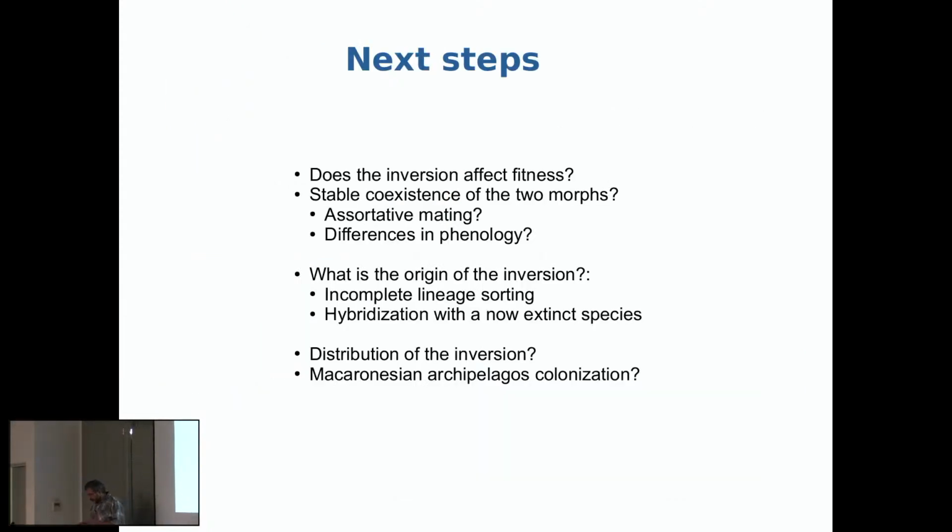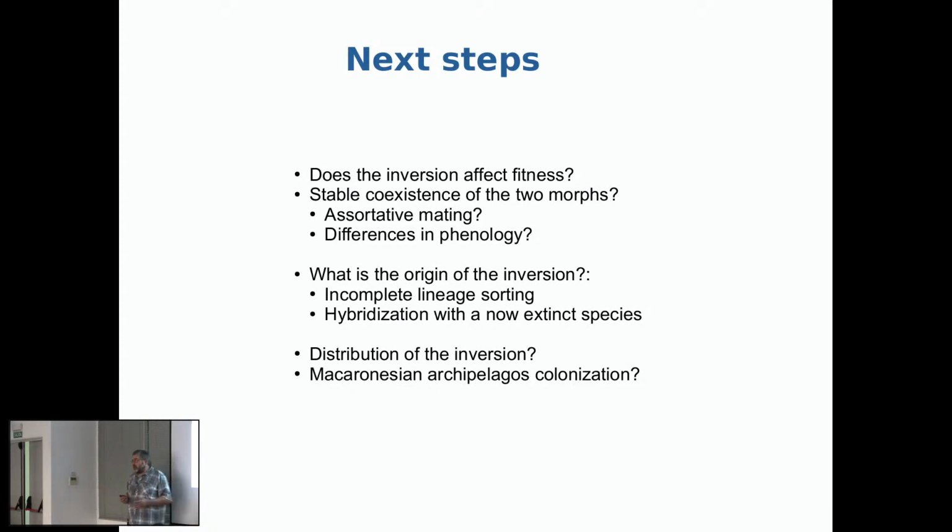So now we'll stop here just for a moment. What is going on? The project has been involving lots of people, the number of participants is growing, and there are lots of questions that need to be addressed. Does the inversion affect the fitness? Are the 2 types living together and mating together without any restriction? In Doñana, can we find the 2 types interbreeding, or is it just an accident? Is there any assortative mating? Are there some individuals that start reproducing before the other ones?